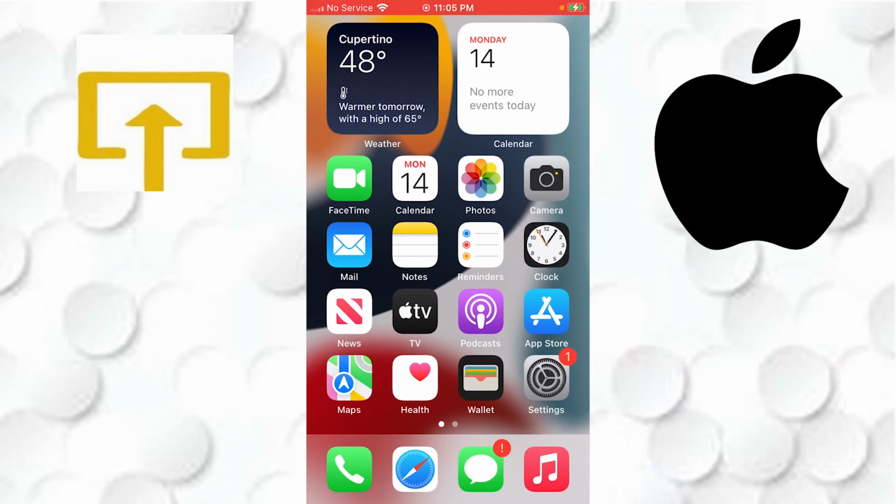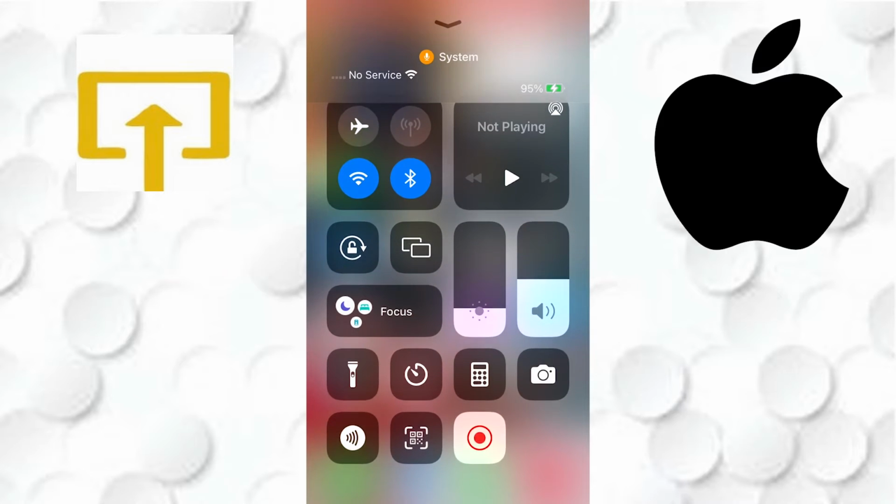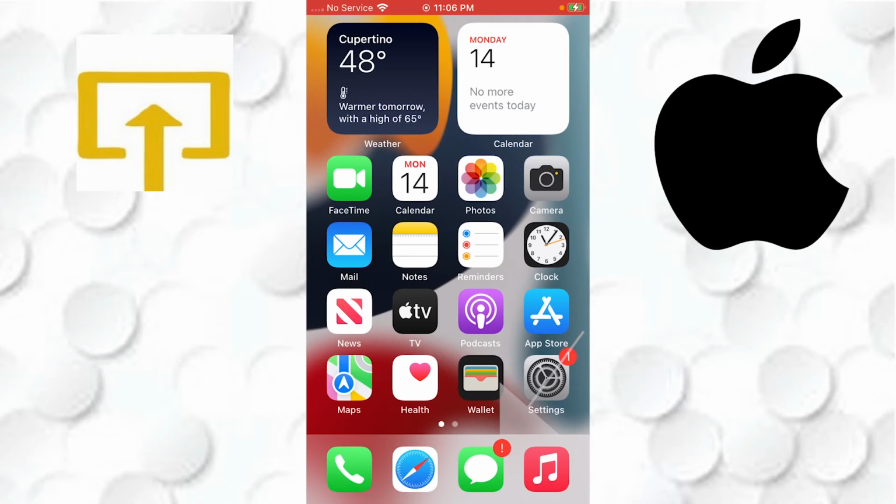Now to first record your screen on your iPhone, scroll up this application manager or the services you can see by the system, and you will be able to see here there is the screen record button available, which is currently recording over here. And if that button is not over there, slide it back down, go to the settings